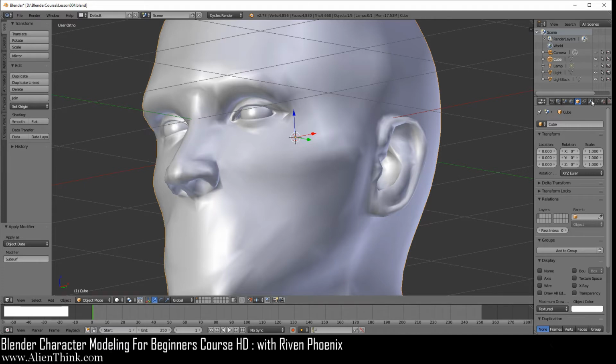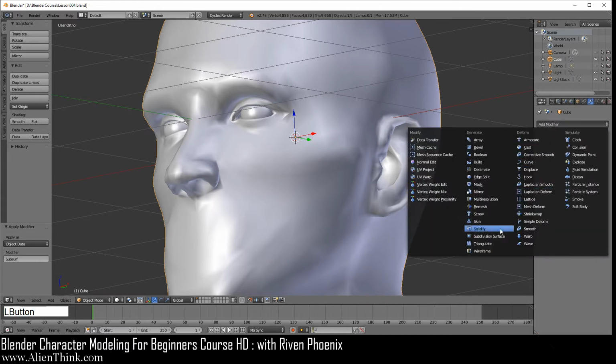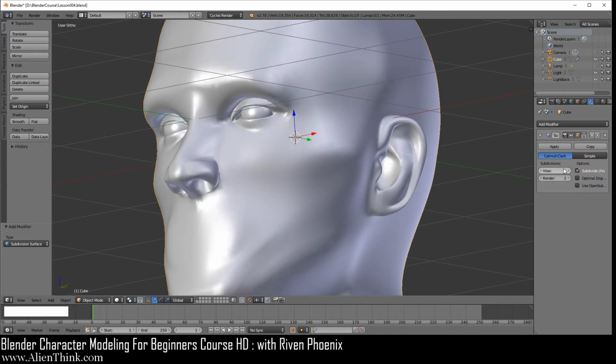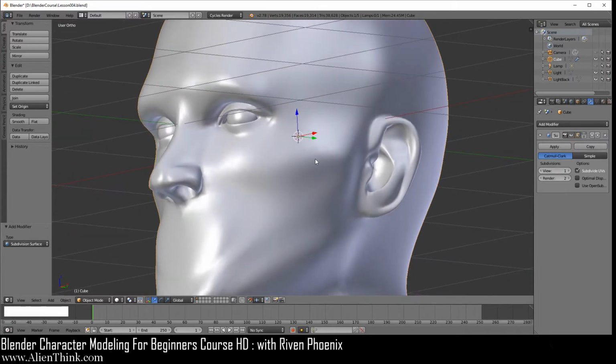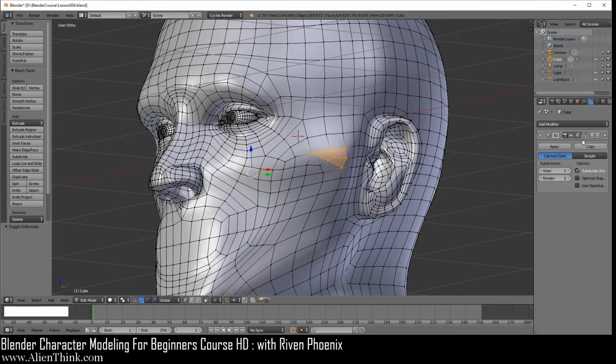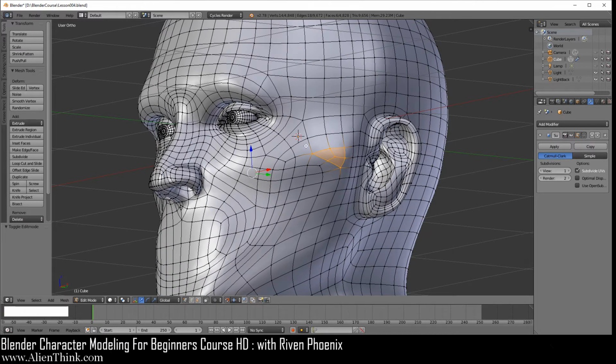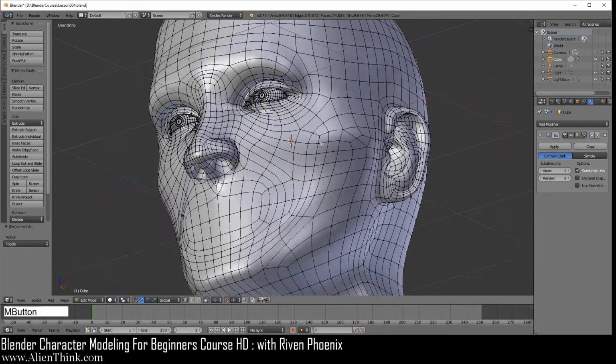So you can see again, we're back to the way we were with this low resolution version of our 3D model. So now we can come back in here and add again the subdivision surface. So now it's on level 2 again, because we only have to do it on level 1. It's basically the same thing that we had when we had not applied the subdivision surface modifier and it was set on 2. See, it's just going back to the way it was. And now if you do tab, you'll see that now we actually get more vertices to work with.